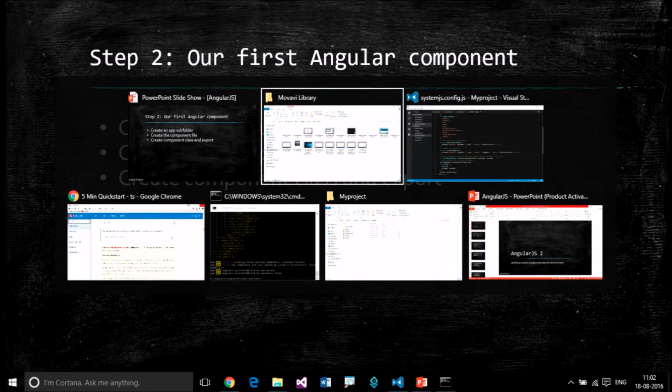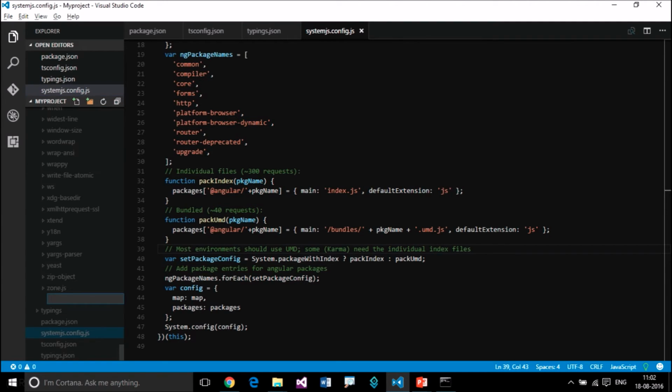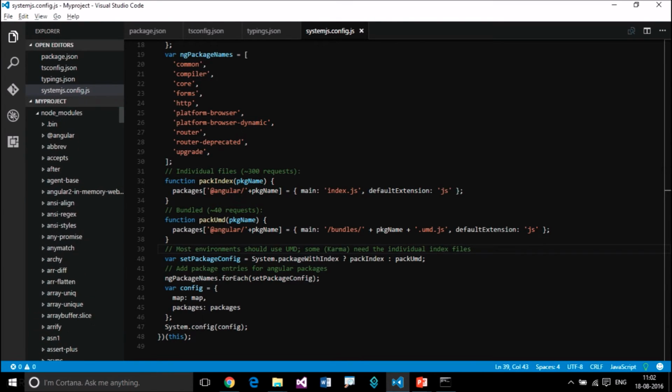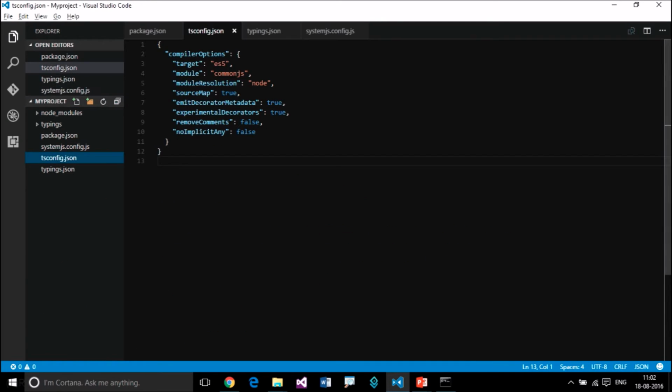So let's do that. This is our project. In our project, let's create one folder. Let's create app. Done.